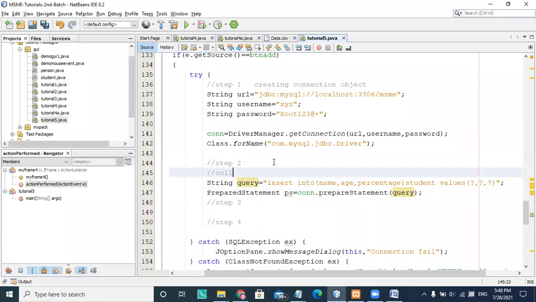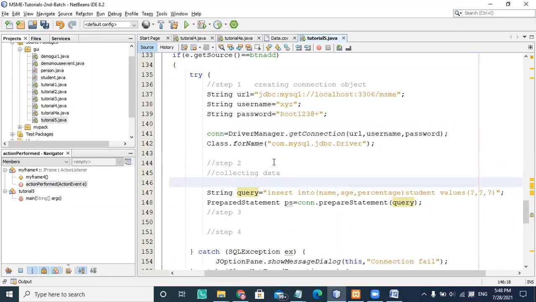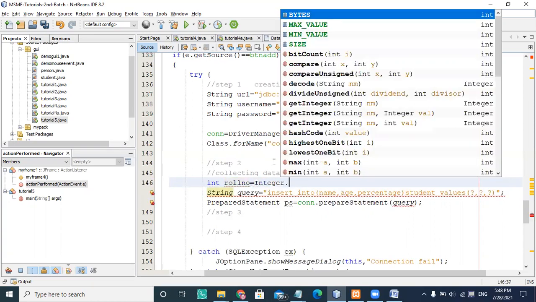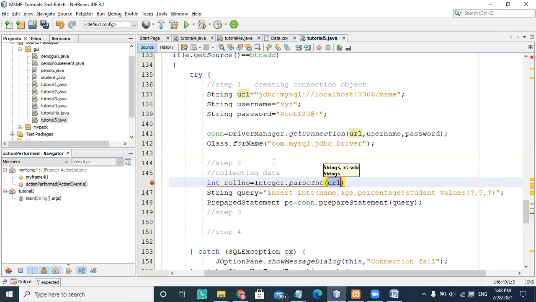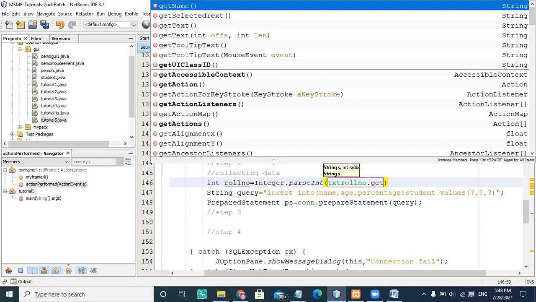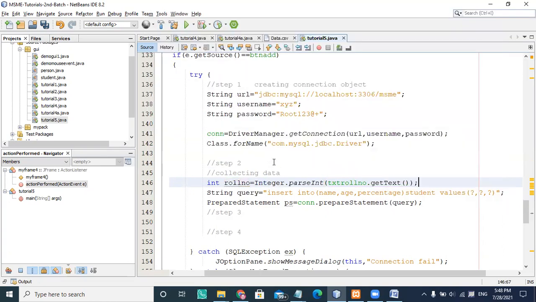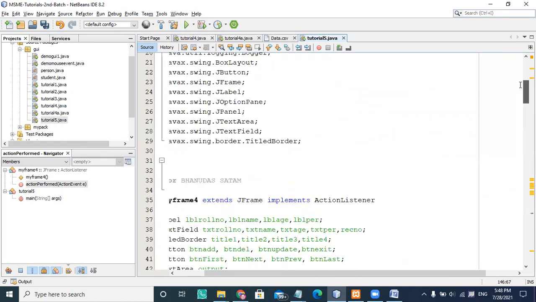I'm just collecting data from the input components, and for those input components, I know the first is the roll number here. The roll number is automatically generated, but still I'm using it. And here I'm choosing parsing, Integer.parseInt, and I'm using txtRollNumber, which is the name of the object, and there is a getText. You are already familiar with this: txtRollNumber is the name of a JTextField kind of object.